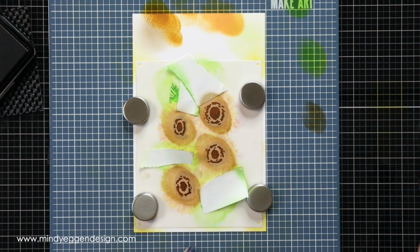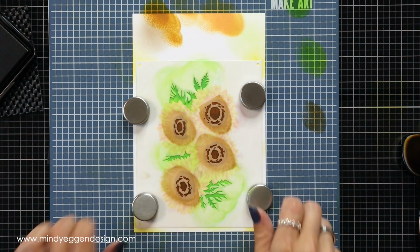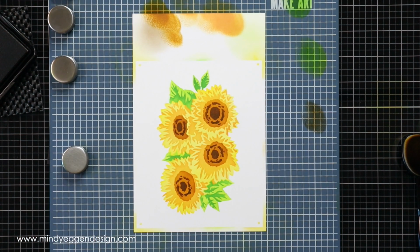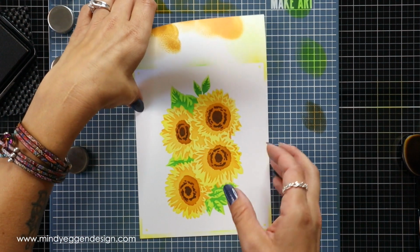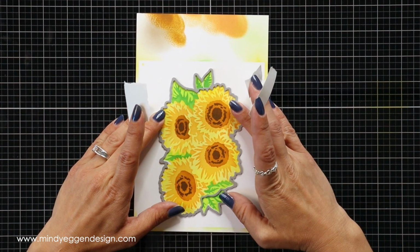After this final layer is done, I'm just going to remove the Post-it tape and also remove that final layer of the stencil to reveal our background. Now, this is gorgeous as is, and I actually have done a card where it's just using the stencil. What I'm going to show you is if you want to add the black lines to this, I found a